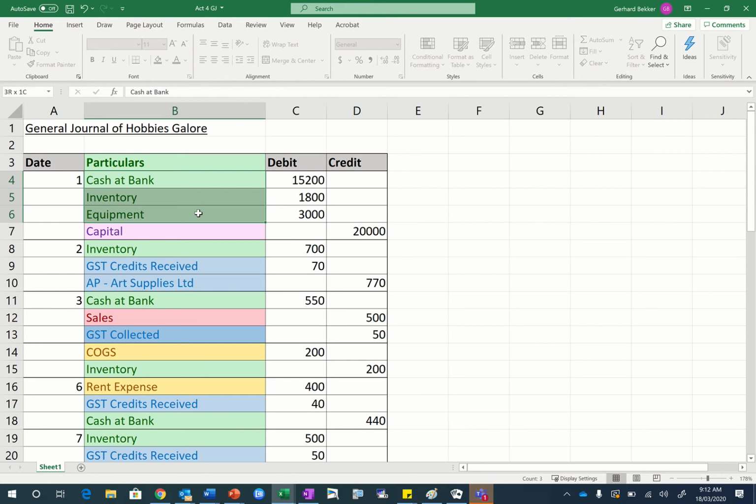If you have a look, everything that's in green, can you tell me what that is? What category of account would that be? They're all assets. So purple would be owner's equity, blue would be liabilities, red would be revenue, and yellow would be expenses. So what we have to do is we have to take this